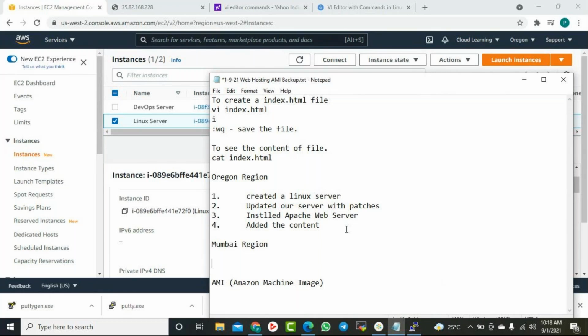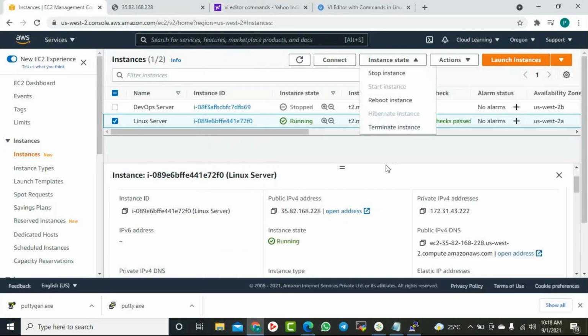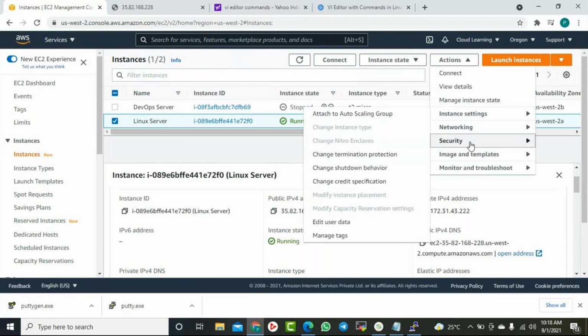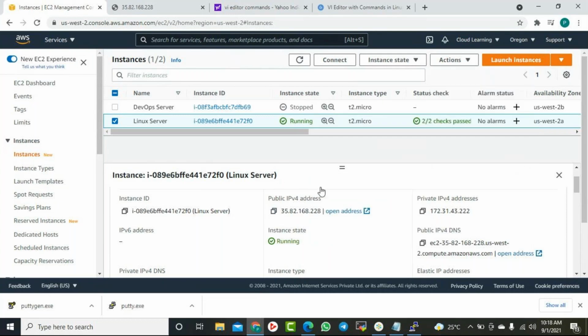We may copy this and create it in that particular region. Yeah, but if you go, there is no direct copy option. So you can't copy actually. There is no such copy action.